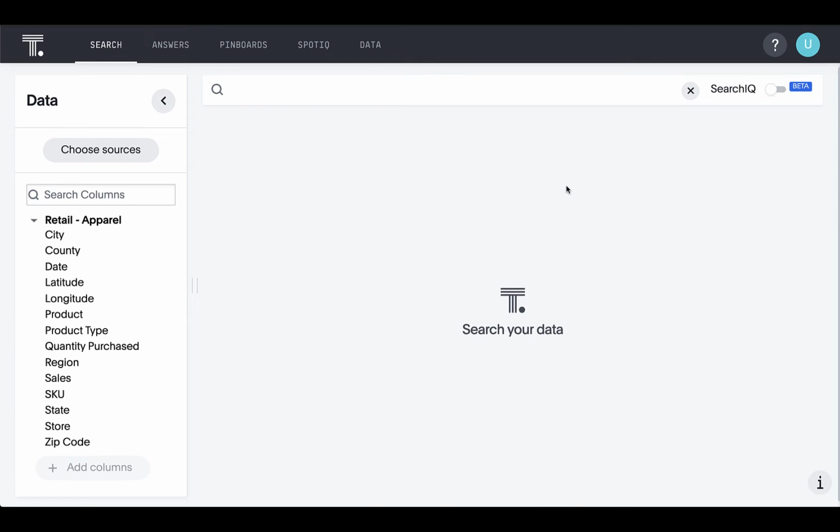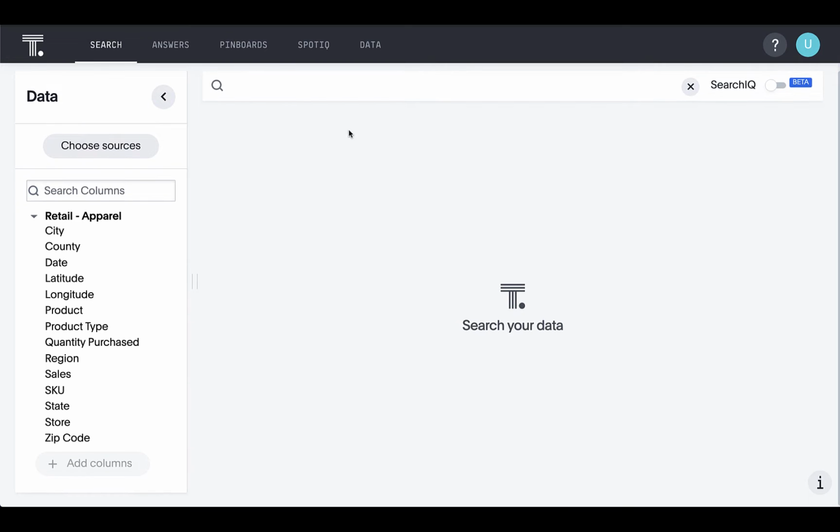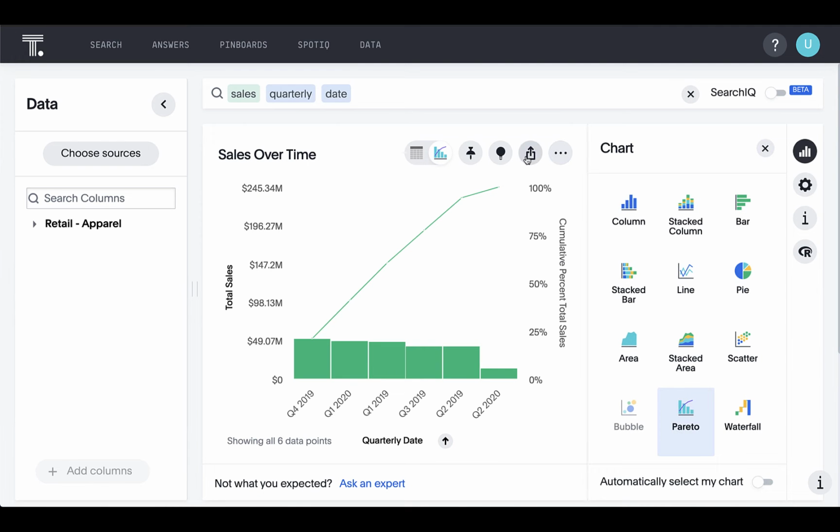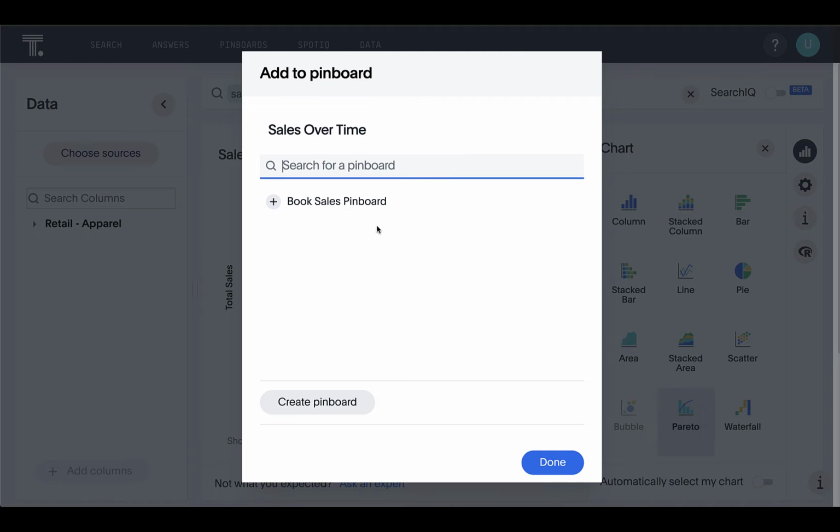Pinboards act like live dashboards. They're a collection of your related charts, tables, and headlines. You can pin charts and tables to any pinboard which you've created and those that have been shared with you with the edit privilege. To review, you can create a pinboard by pinning an answer or search and clicking Create